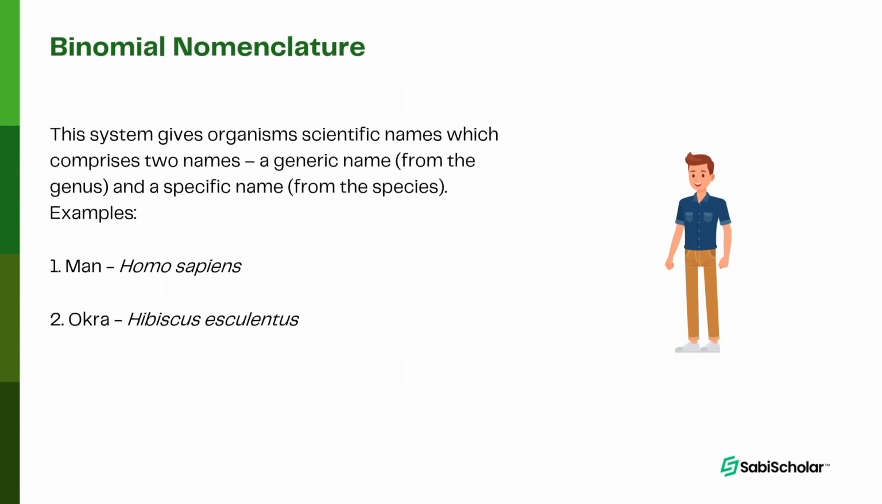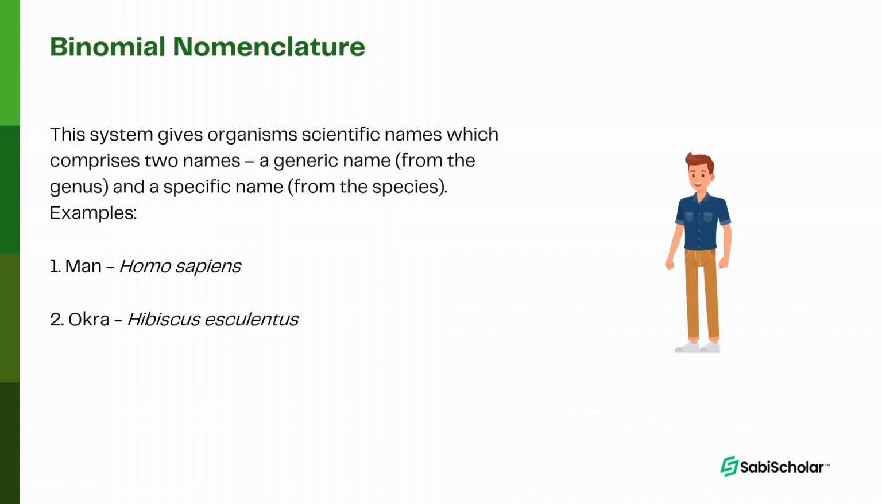in the sense that what an Igbo man calls a goat is not what a Yoruba man calls a goat, and it is not what a Hausa man calls a goat. So these are different names, and we cannot be calling a goat these three different names. Rather, we make use of a scientific name that is generally accepted. Now, for instance, man is known as Homo sapiens, lion is known as Panthera leo, okra is known as Hibiscus